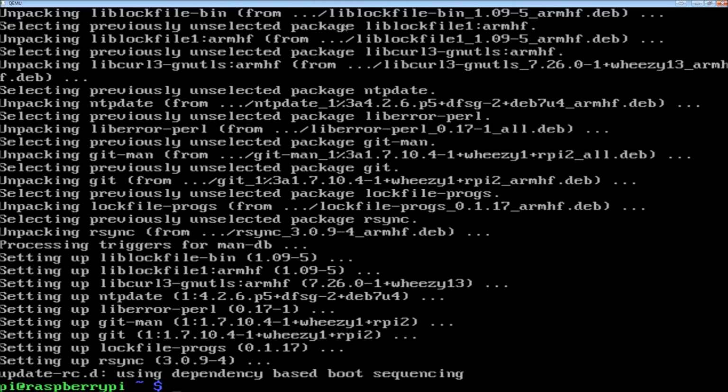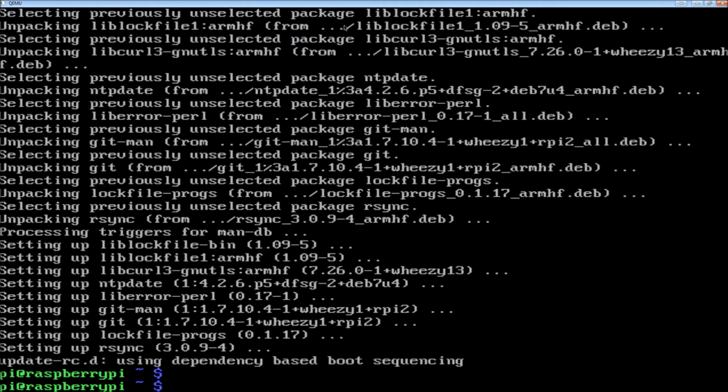Okay, so now we have ntpdate and git installed. Before we can use git, we need to update the time. So in order to update the time, what we're going to do is run sudo ntpdate, and now we have a choice here. So usually you would use a time server, a publicly available time server, which would be